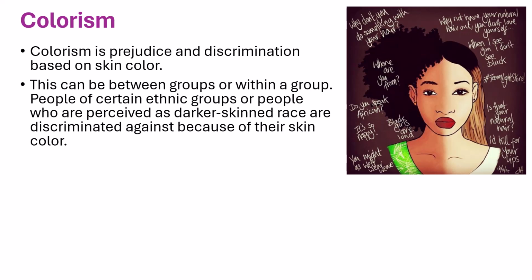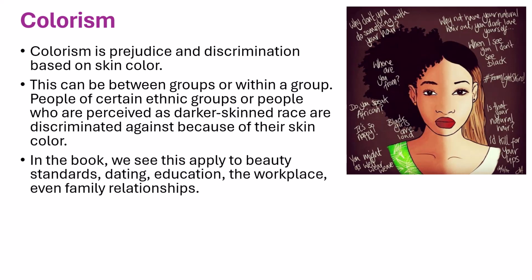There can be groups within a group. Colorism can happen within a group, meaning that if you have, say, a city that's predominantly African American, it could be prejudice against people with darker skin color. It can also be between groups. Basically, there are a number of different groups, and people are put into different strata based on their skin color. So those perceived as darker skinned are discriminated against because of that. In the book, we basically see this applied to beauty standards, dating, education, the workplace, family relationships, and